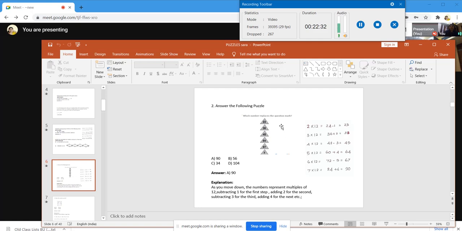So this is a very simple case, and they have given a diagram, and we have to answer the puzzle. There will be some relation like multiplication, addition or subtraction, or multiplication followed by some subtraction or addition. When you see one or two numbers, you could find out some relation.